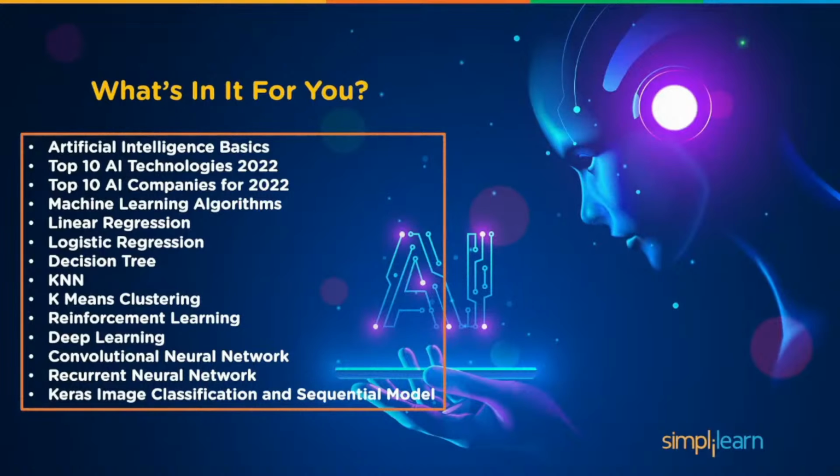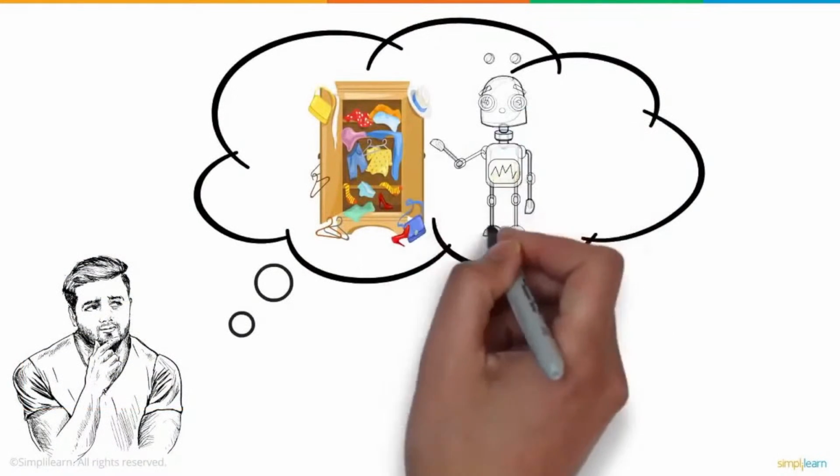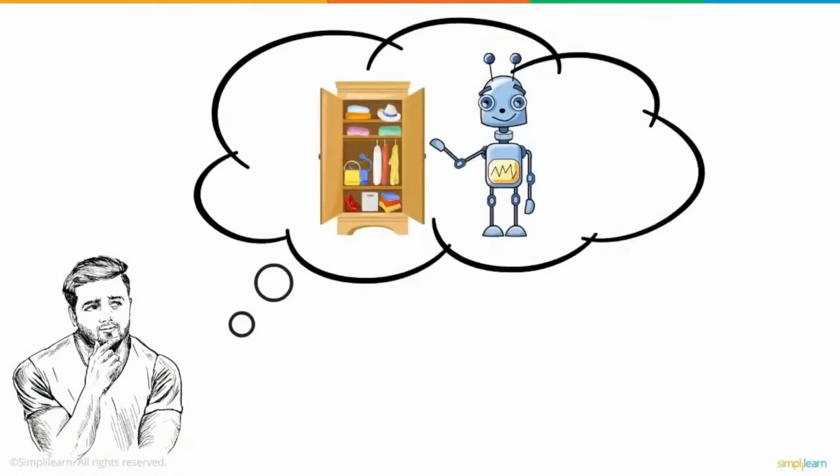Moving forward, you will understand the working of artificial neural networks and deep learning algorithms such as convolutional neural network, recurrent neural network, Keras image classification, and sequential model. So let's get started. Picture this, a machine that could organize your cupboard just as you like it, or serve